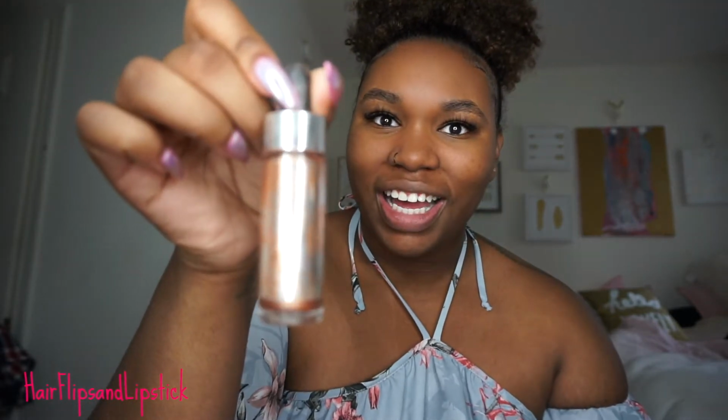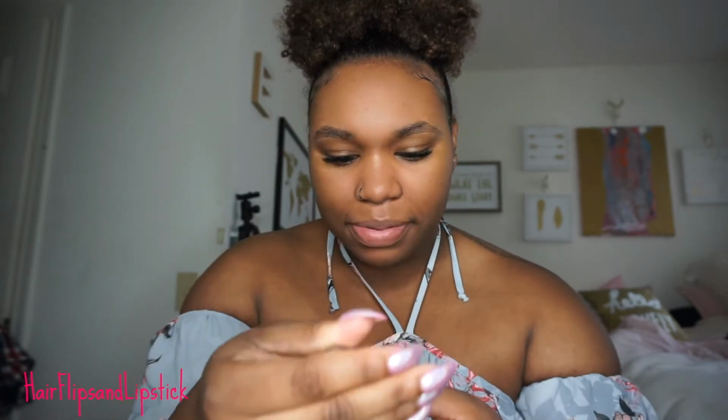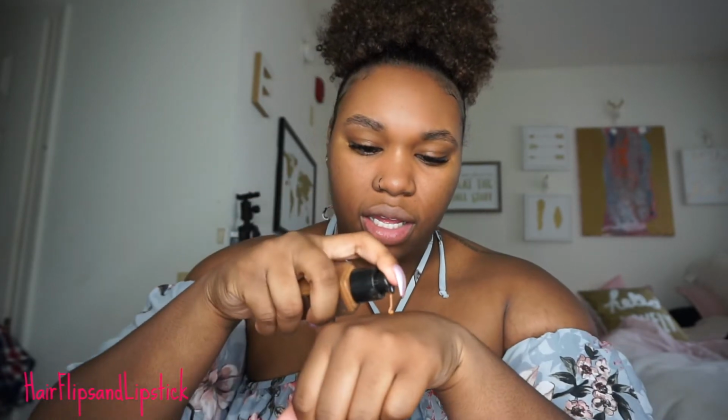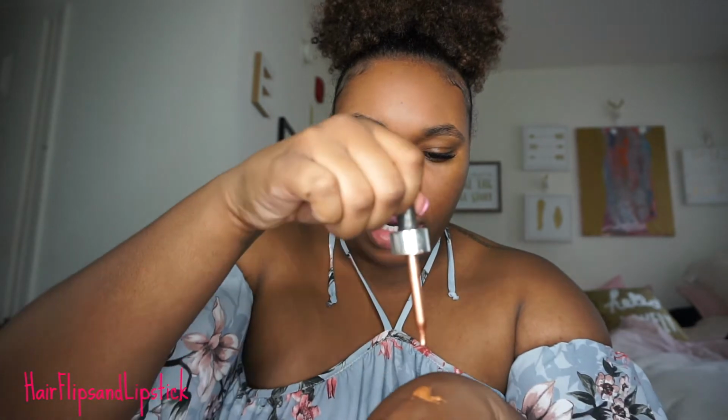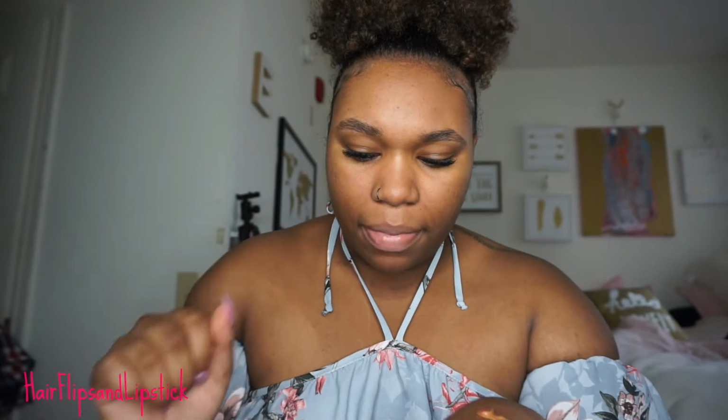So for my foundation, I'm going to be using the Lancome Teint Idole 24-hour makeup, and I'm going to be mixing in some CoverFX. Look at the packaging, it is so worn down. I'm going to be using the CoverFX custom enhancer drops, and this is in the shade Candlelight. So what I'm going to do is just take like 2 pumps on the back of my hand, and I'm gonna take like 1 drop of this,